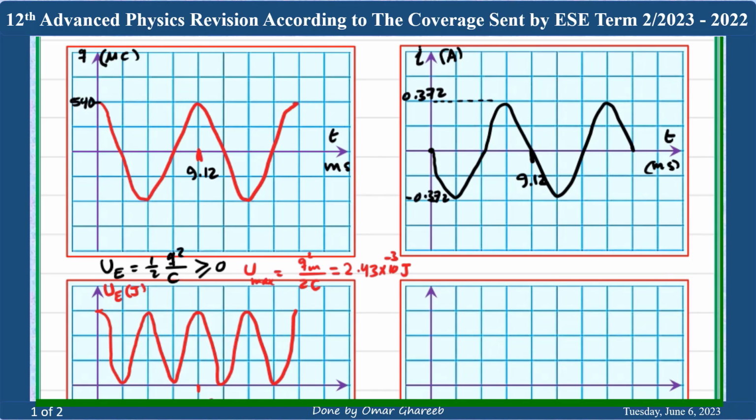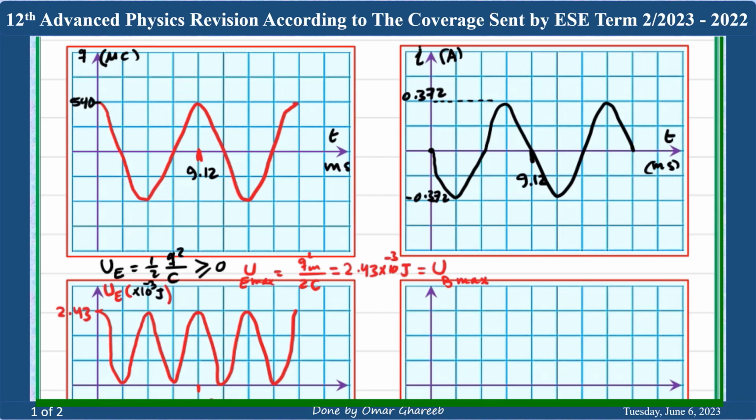So the maximum is 2.43 multiplied by 10 to the minus 3, put it here as a factor, times 10 to the minus 3 joules. And don't forget that this maximum energy in the electric field becomes maximum again after 1/4 of the cycle as a maximum for the